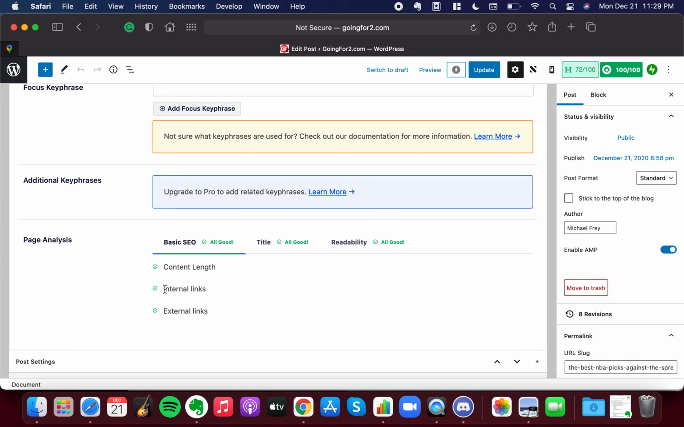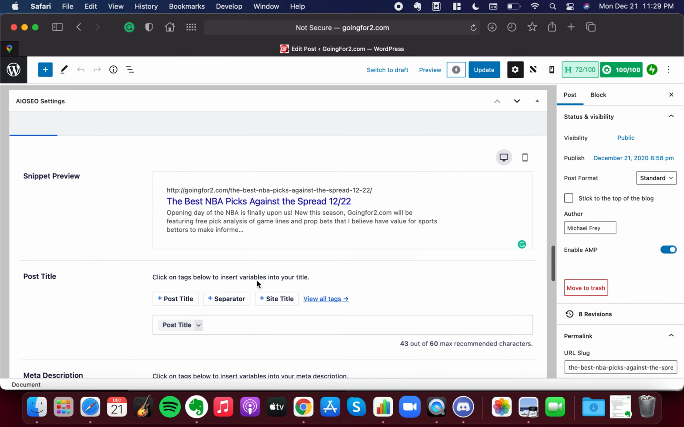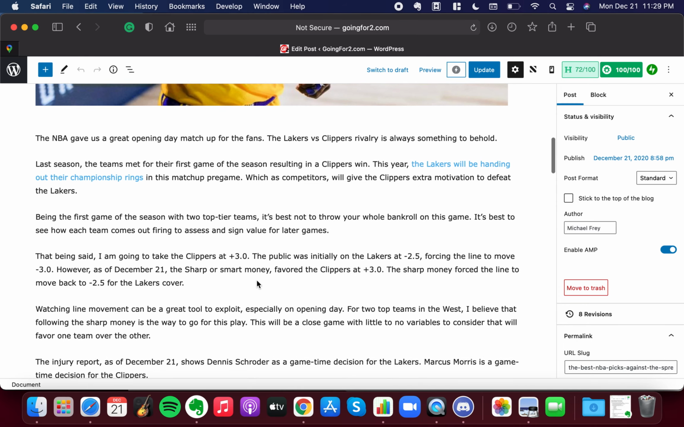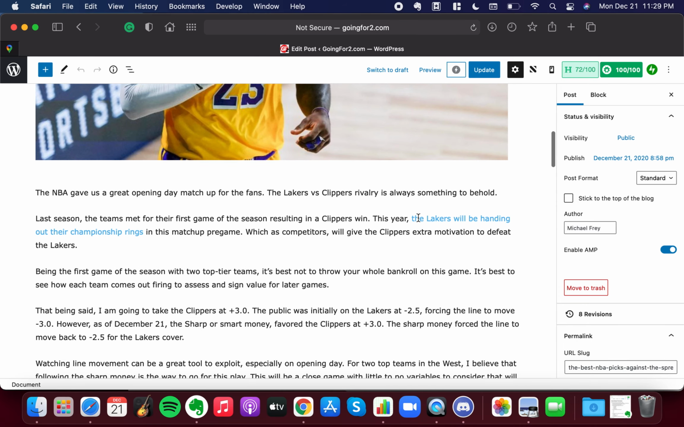Internal links. So this was red originally. What I did is I went back up to the article and I found something that I knew we had talked about or written about already with the Lakers and their championship rings. So I went back and